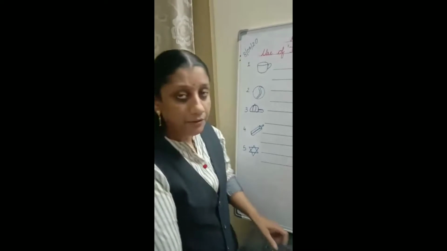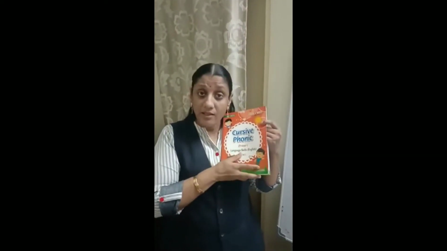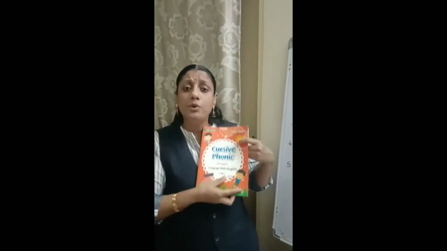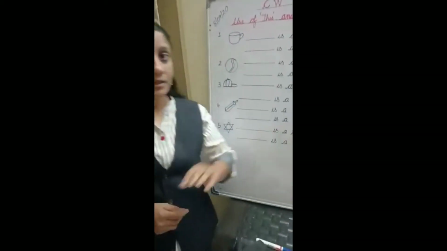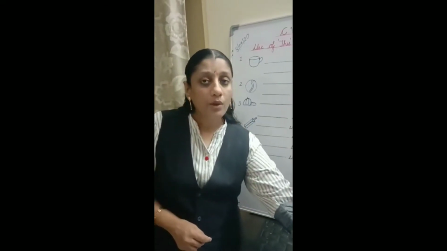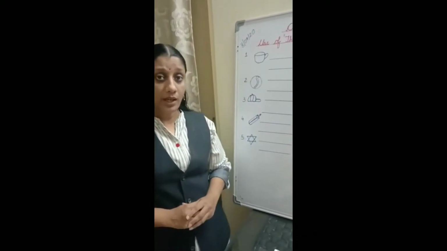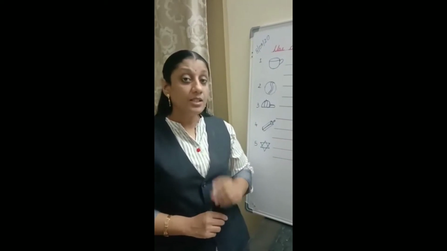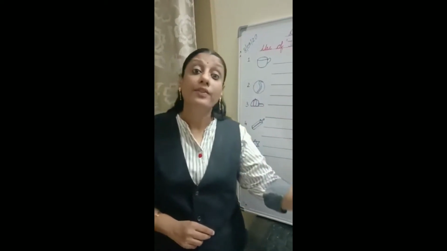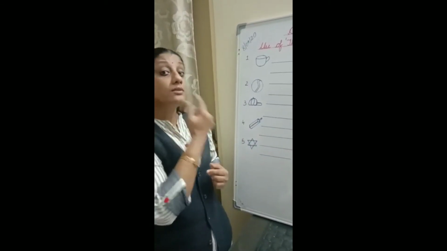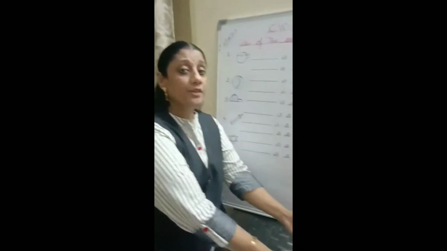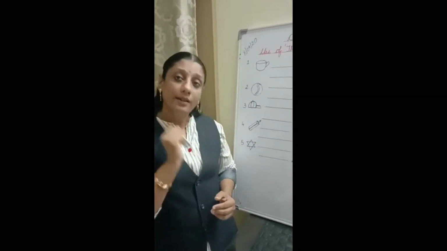Okay? In the same way, one more example I want to tell you. Suppose ma'am is holding this book. So this book is very near to me. This book is very close to ma'am. And when ma'am is putting the book over here, you can see that the book is far away from me. So what are you going to use in that case? We are going to use that. Okay? When an object is near to us, we use this, and when the object is far away from us, in that case we use that.